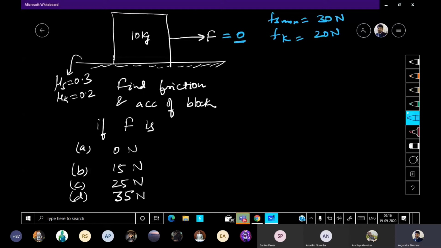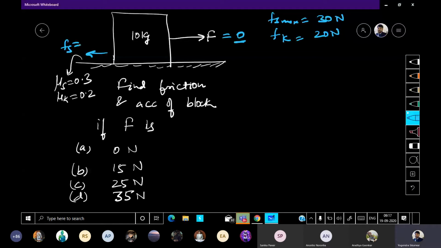There is no need for the friction to act. Why? Because if friction acts, let's say 1 Newton in the backward direction, then there will be a resultant force on the object in the backward direction. And you will see that the object is moving, which is not possible, because in that case friction will start acting in the opposite direction, right? Because friction opposes the relative motion. So that's not possible. Fs cannot be 1. So when F applied is 0, Fs will be 0.